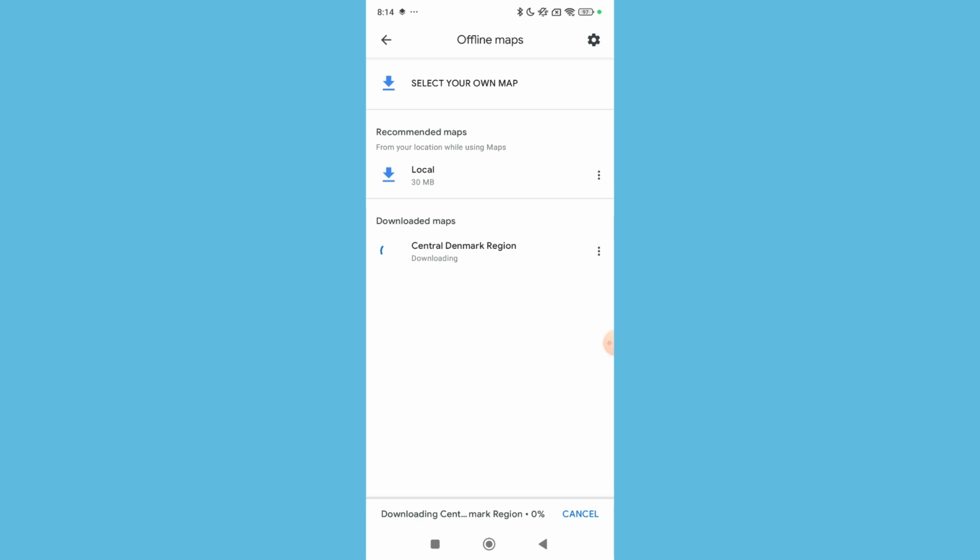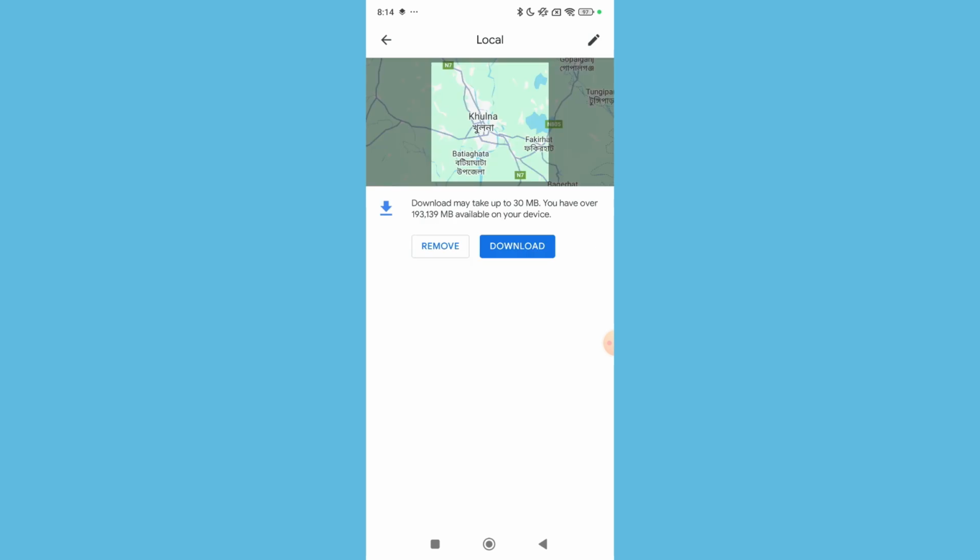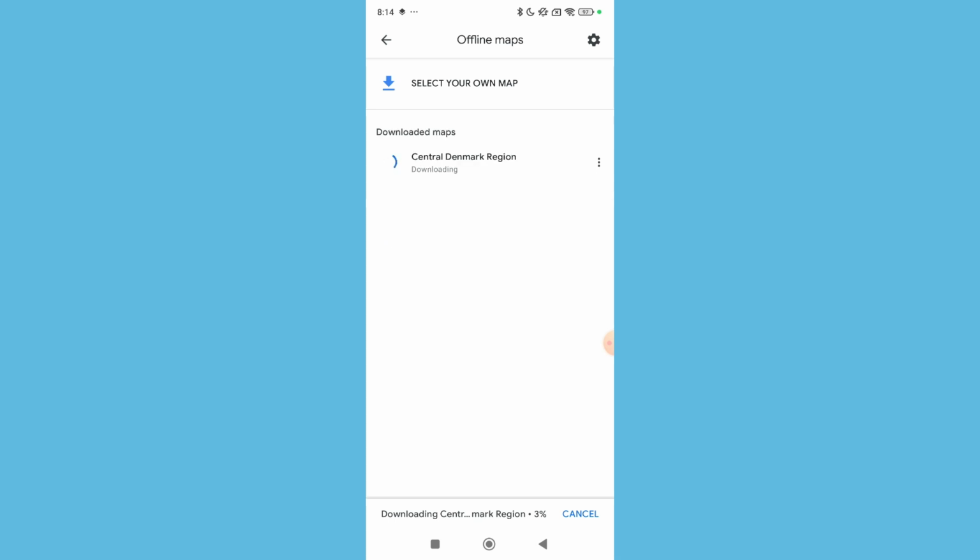So here you can see it's downloading. You just need to wait for it to complete 100%, and then there is an option, recommended maps. You also can download it or you can remove it, anything you want. Here you can see it's downloading, so you just need to wait a couple of moments, and